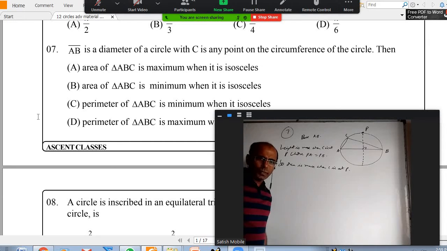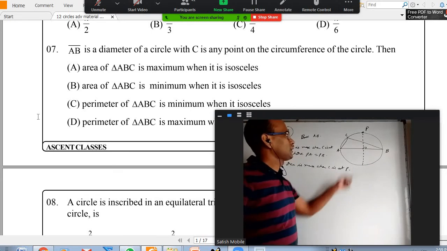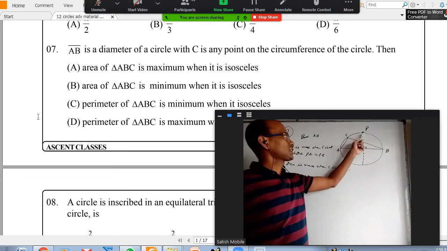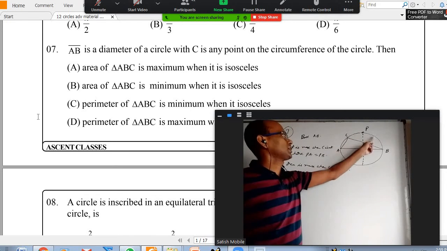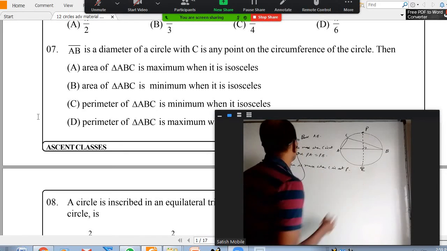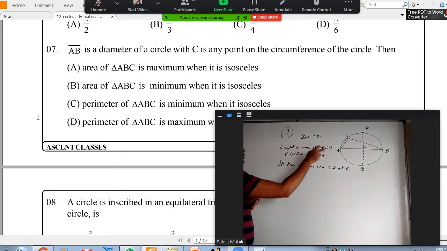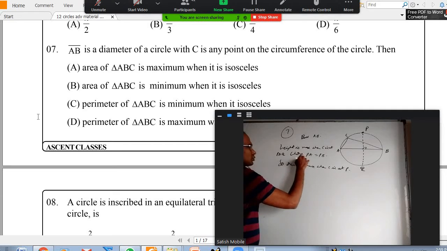Sir, yes, please. Can you repeat the question, sir? Question is: A is fixed here, B is fixed here at the diameter, and there is another diameter perpendicular to AB. I am calling this point P. C is variable. C can be here, here, here. Of course, it can be at Q also. So height is maximum when C is at P, where PA = PB.